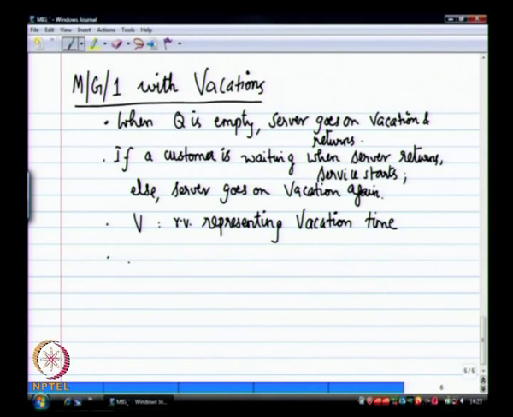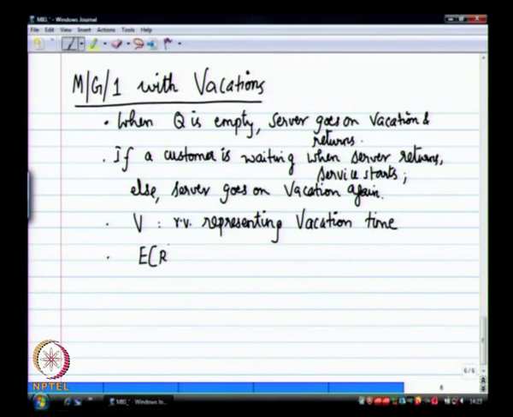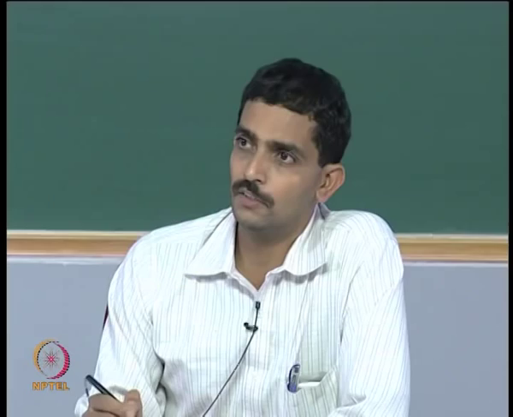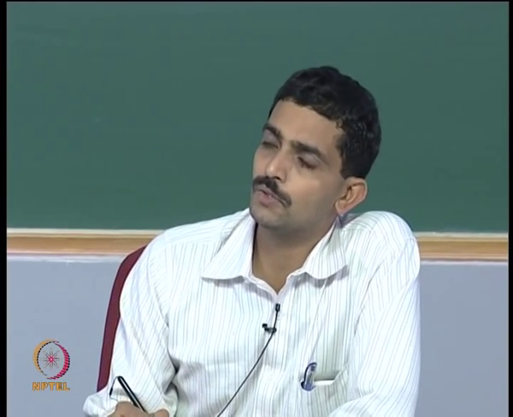So the R now also includes vacation time. So that original derivation for W does not change. So E of R that we saw includes the vacation time, because from the user's perspective it does not matter whether the server is busy with another customer or simply not available because it is on vacation. Packets are simply queued, this is an infinite queue, so all arriving packets will be queued. There is going to be no drop in this particular case, you just wait there until the server gets back to starting servicing packets.